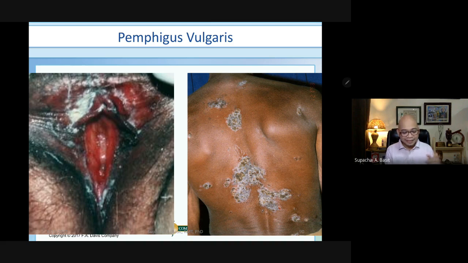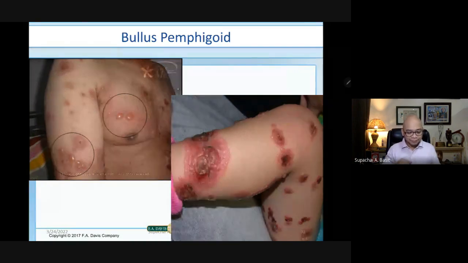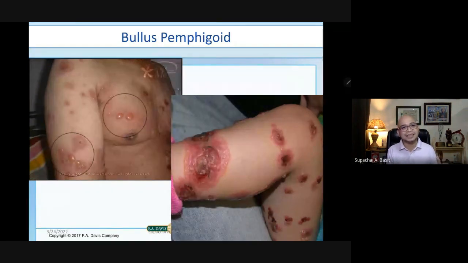So again, this is an example of pemphigus vulgaris. Here, you can see that it can happen in the vaginal opening and also in the skin. And bullous pemphigoid is characterized by lesions in the skin. So it is an example of autoimmune disease wherein antibodies are directed against the squamous epithelium